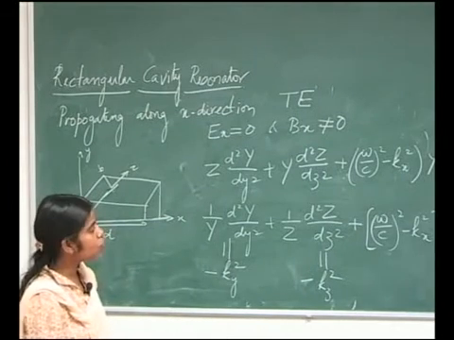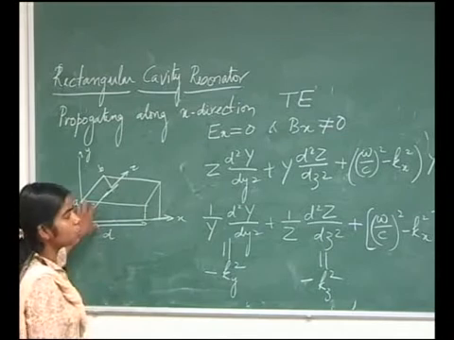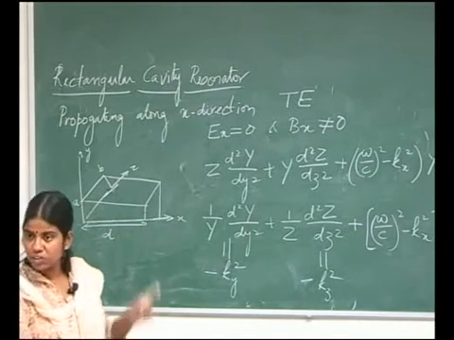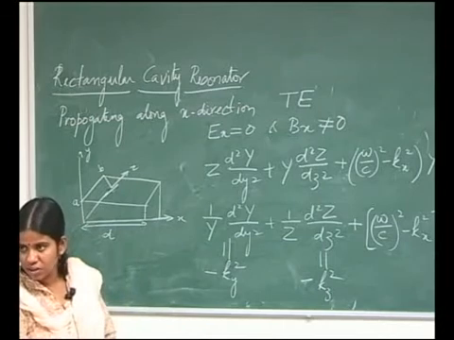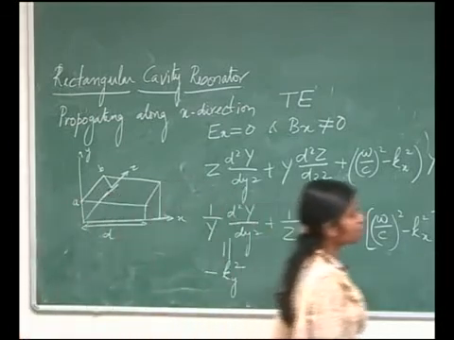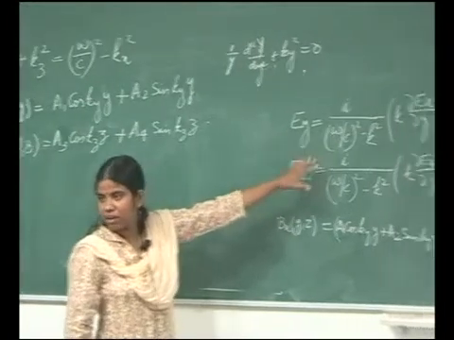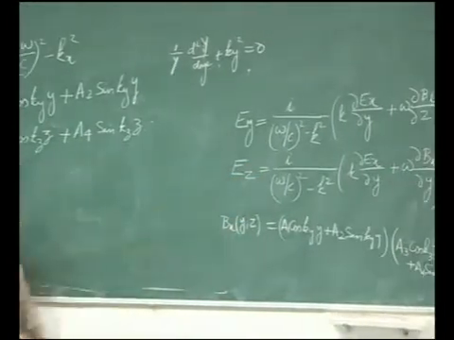Okay. So for calculating these A1, A2, A3, A4, I will solve the curl equation which we did for waveguides. We solved del cross E and del cross H and obtained those coupled equations. There were around 4 parameters, okay, 5 parameters.